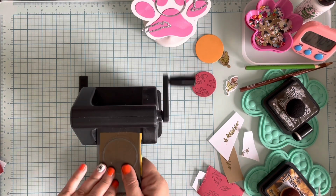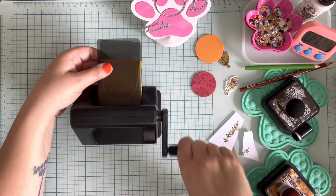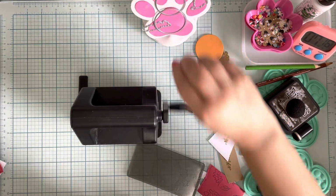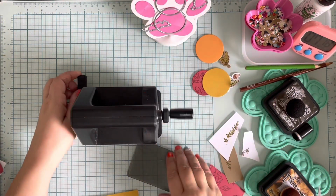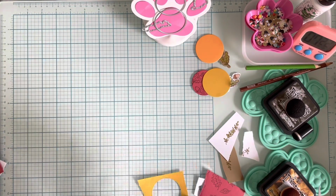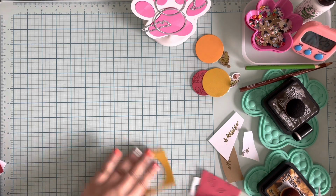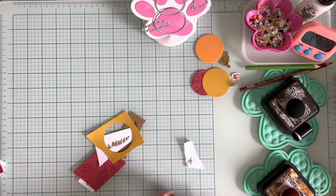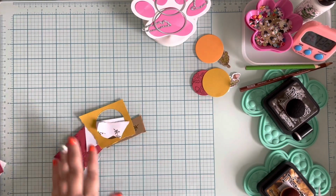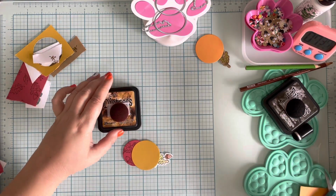Using up scraps. Crunchy crunch. Throw that back on there. Okay. Let's move our little buddy out of the way. Thank you, sir. I got all these scraps here. Some of which, actually, what's left, that red is usable. Okay, so let's